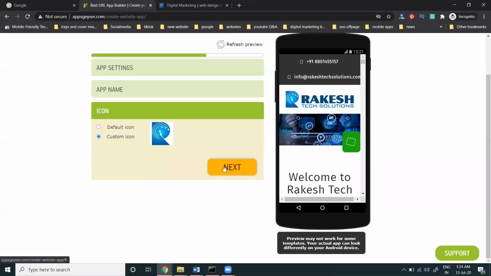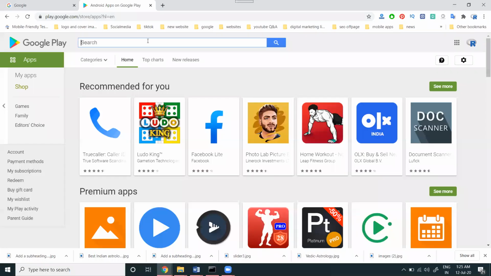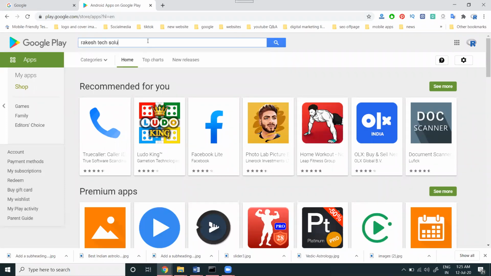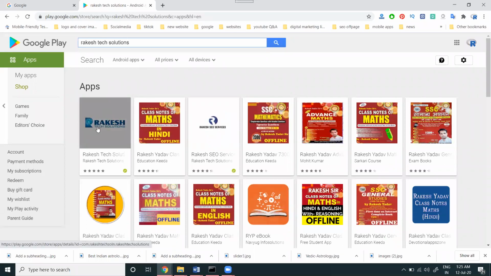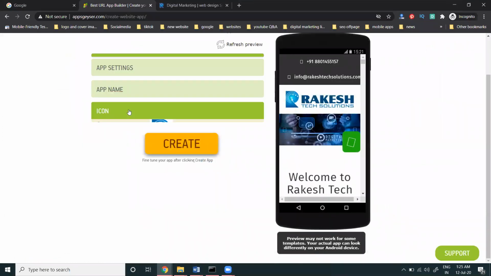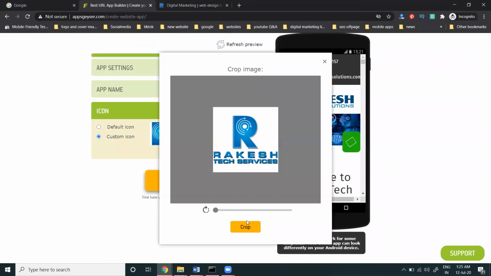After that, click next. They will show your particular Play Store listing. I'll show you here what people will see when they search. So I'm going to give the complete logo. You can add any option here in this icon. I want to change this, it is not suitable. They give the complete option.